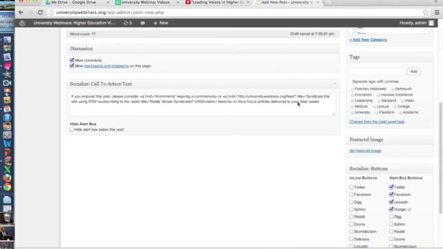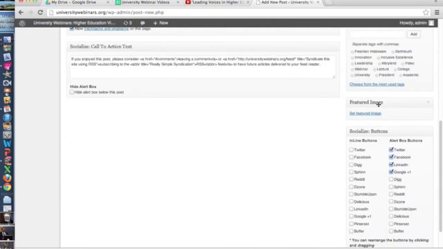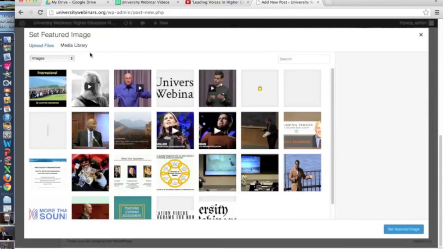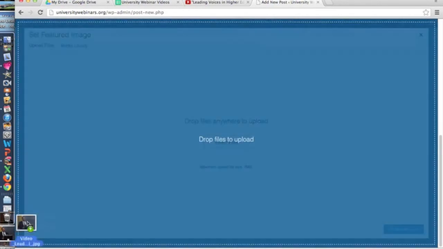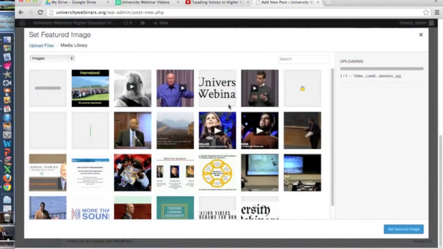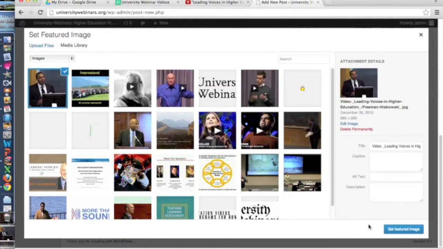And now I can go back to my post, and the last thing to do is set the featured image, and I can do an upload, and I can grab this same image and upload it in by just dragging it, or you can browse for it and find it. So now I've got to set the featured image, so I'll click here and set it. And you can see it's already got the title in there too, which is really good. So that's why I like that